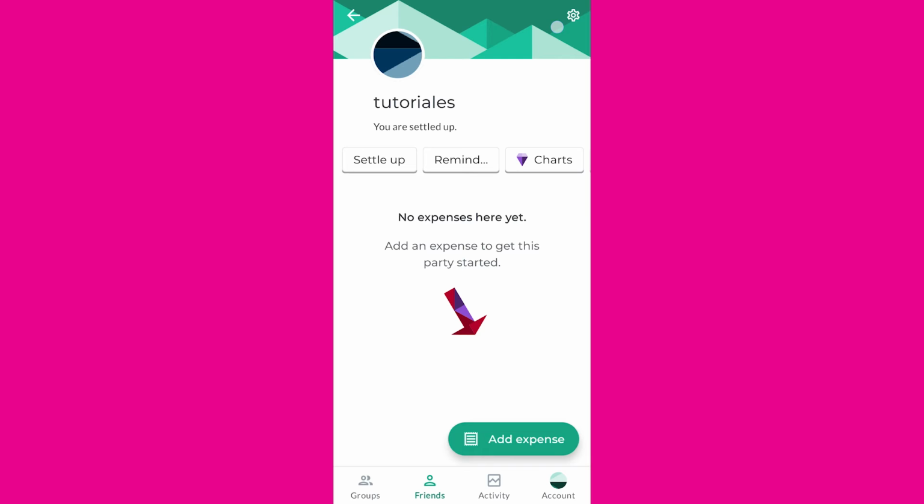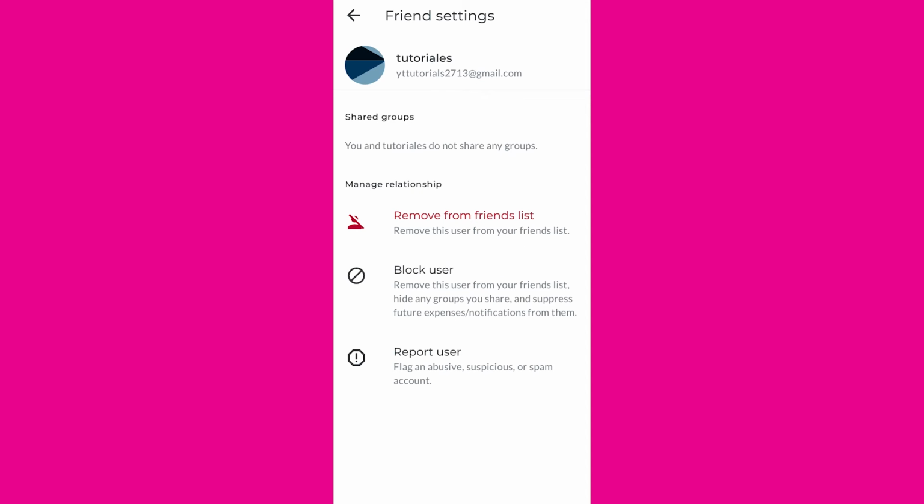And then what I want you to do is come here at the top right. You will see this gear cog. Okay, this will take you to settings for this person. So I'll click on settings, and now here under manage relationship, you can see we have an option that says